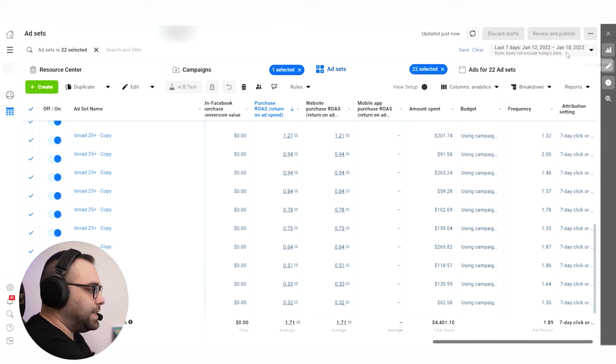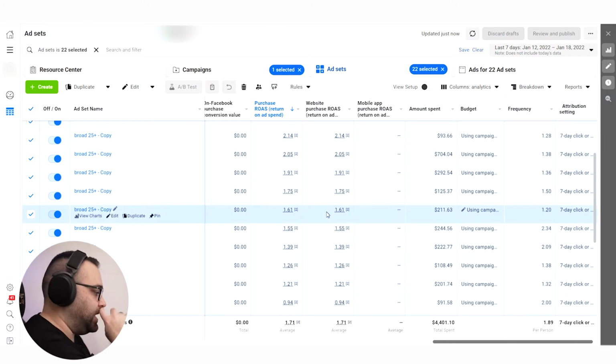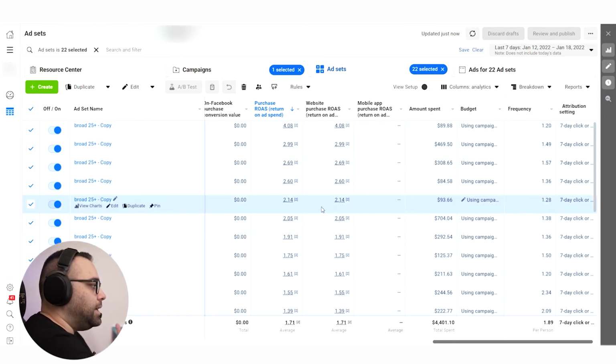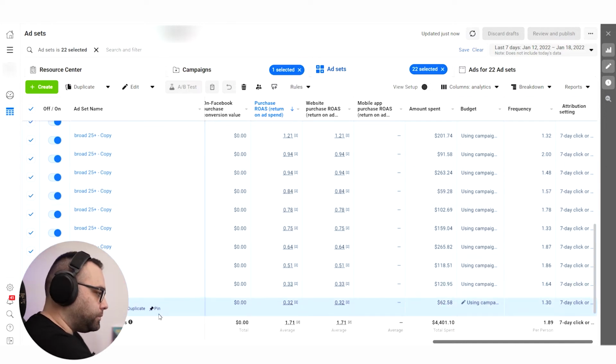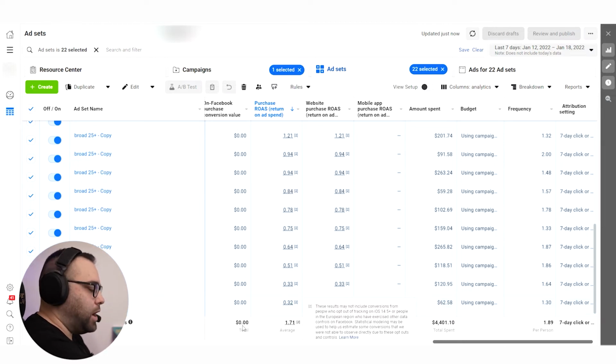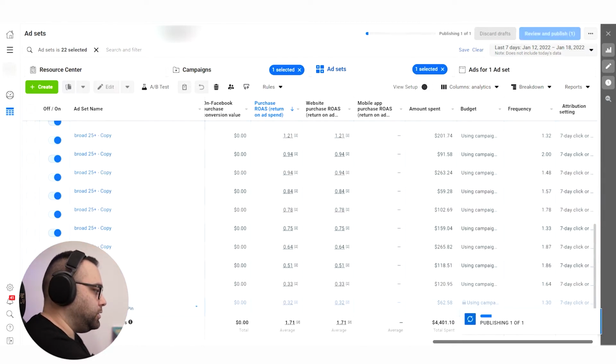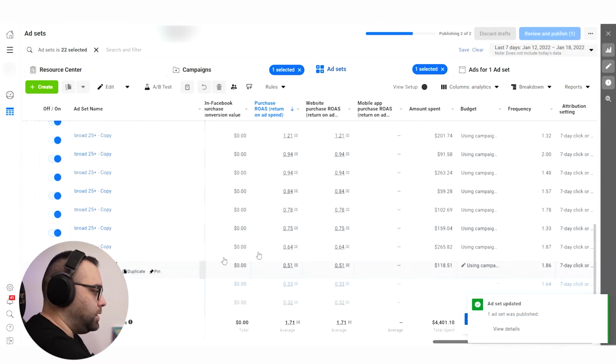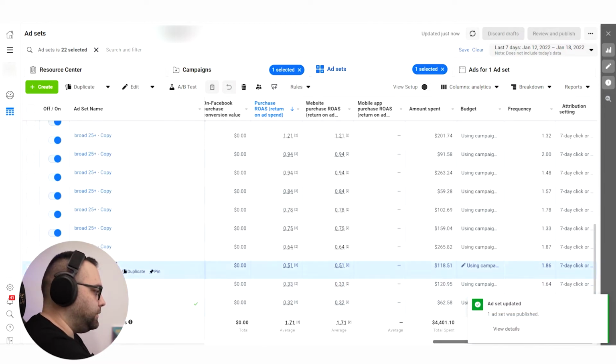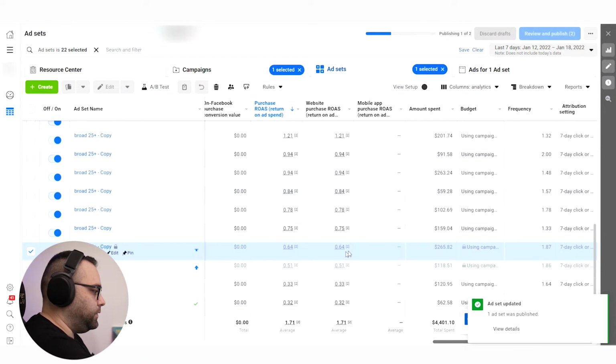Here we can see that in the last 7 days we're going to get 1.71 return on ad spend if we had only these ad sets, okay, with the spend that we have. Now, let's say that we want to improve that, okay? We will start eliminating from the bottom some bad ad sets in order to improve our average return on ad spend. We're going to close this one. Let's go up to 75, okay? This one and this one, okay?